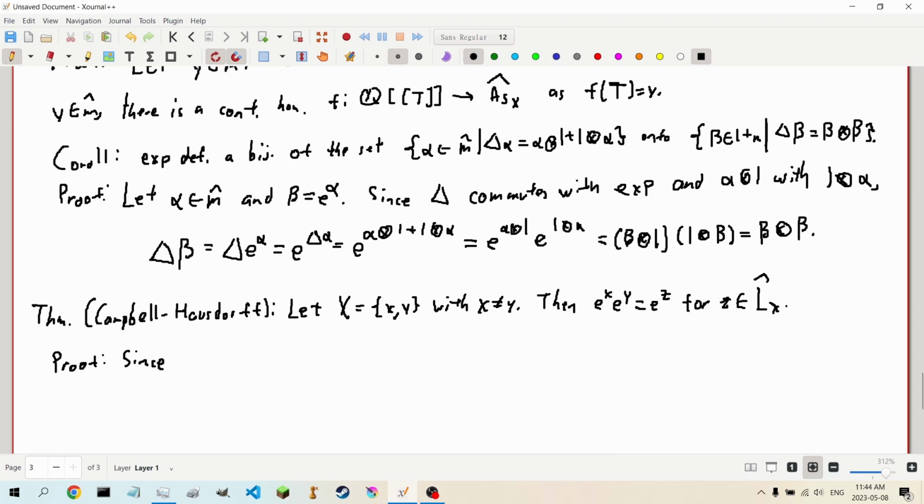Since we have e to the X and e to the Y in our 1 plus m, then we have that their product is in 1 plus m,